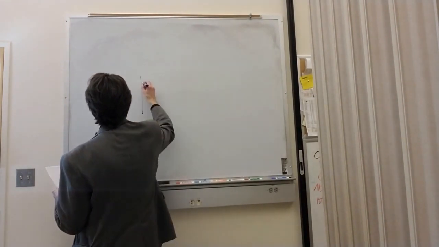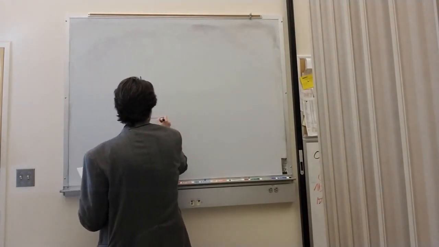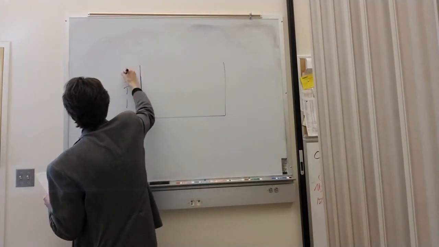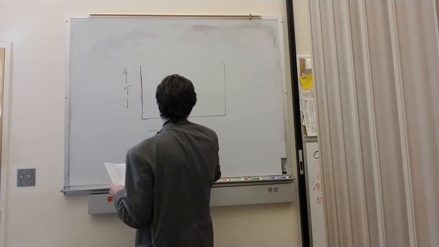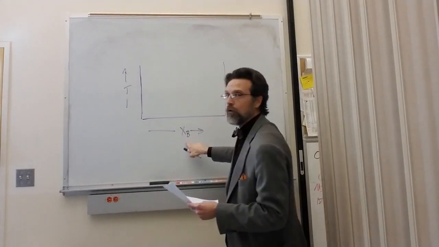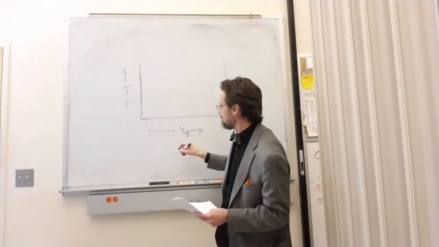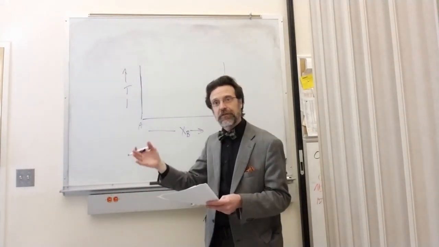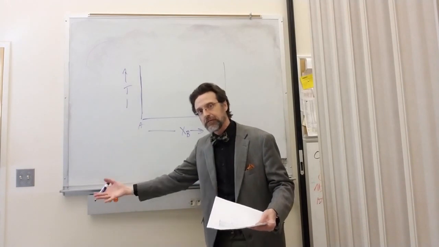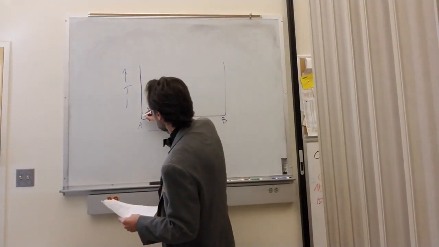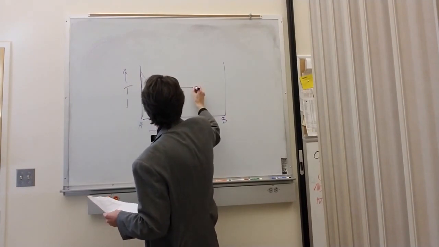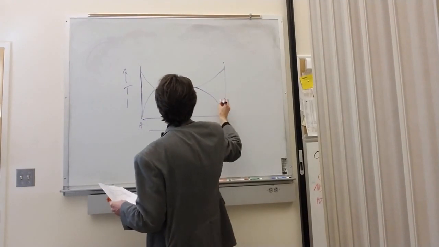Let's make a binary eutectic phase diagram. So we'll have temperature on the y-axis, the mole fraction of B atoms on the x-axis. So that will be pure A and pure B. So we're talking about a system with two components, an A component and a B component. And we'll draw a simple eutectic